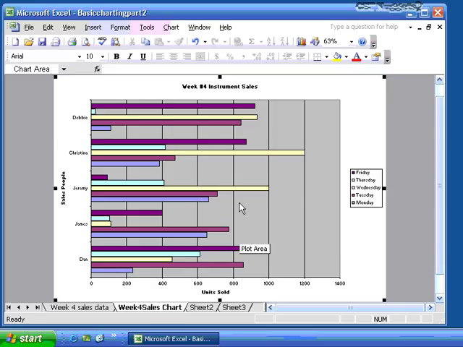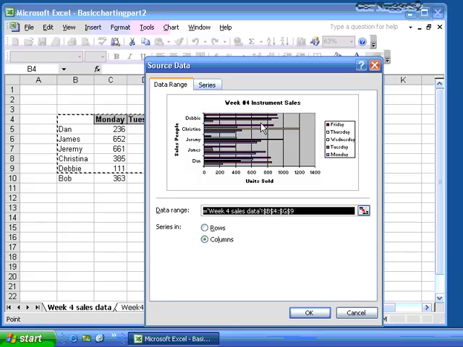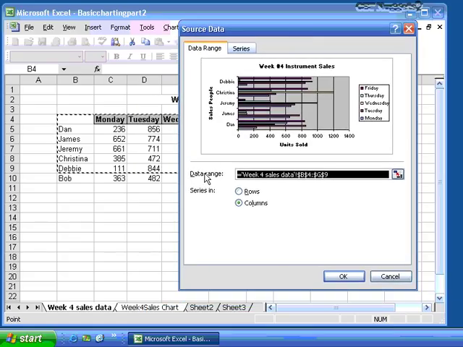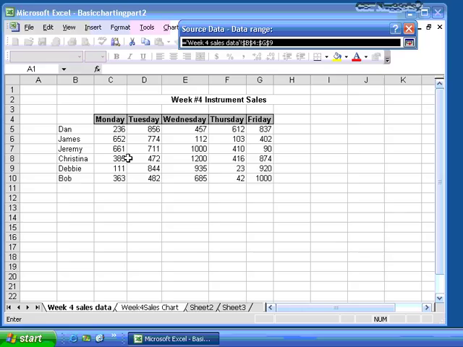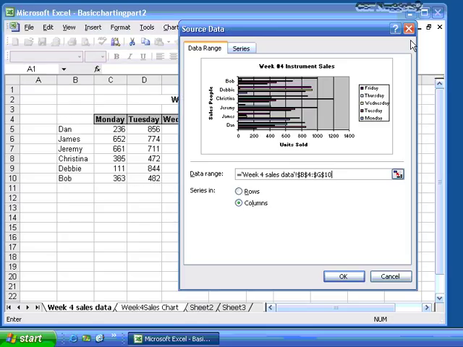The way that I do this is by right-clicking and clicking on source data. When I click on this, it says, all right, here is the data range that you're going to choose from, and we can see that we have it here. Well, watch. I can go ahead and click on this and collapse it and say, well, now I want it to be all of this for this source data. So now let's see what happens. Go ahead and bring this down. I click OK,